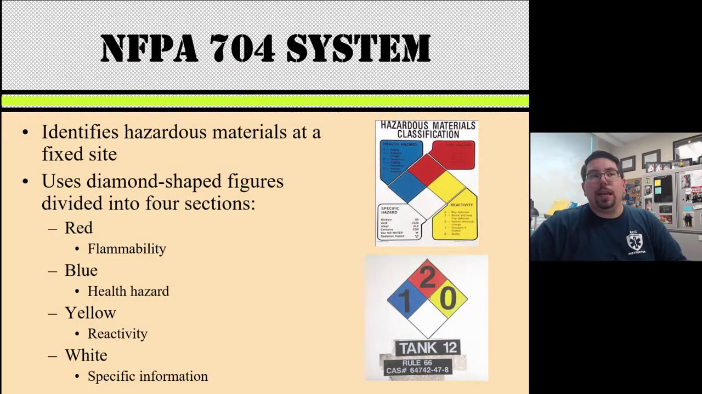We need to use the NFPA 704 system. This is a hazardous material classification system. It's used at fixed sites, and again uses a diamond-shaped figure divided into 4 sections. Red refers to flammability, blue health hazard, yellow reactivity, and white is specific information. It's going to give you enough information about what's going on that you could hopefully identify potential hazards and